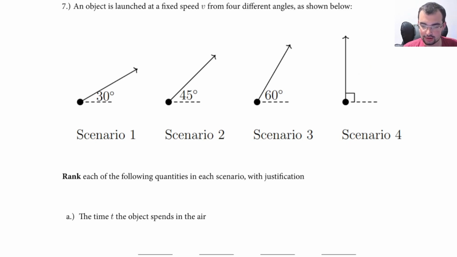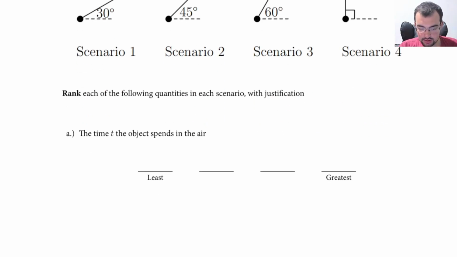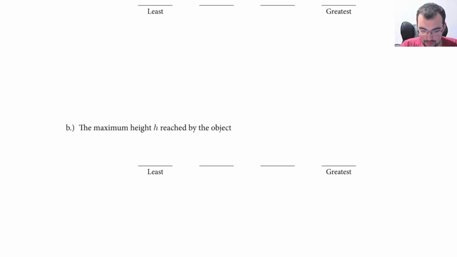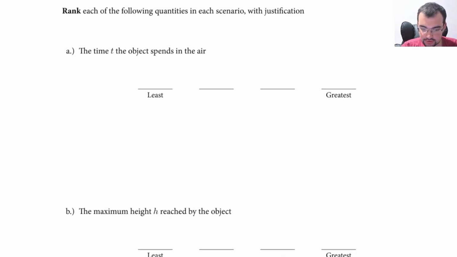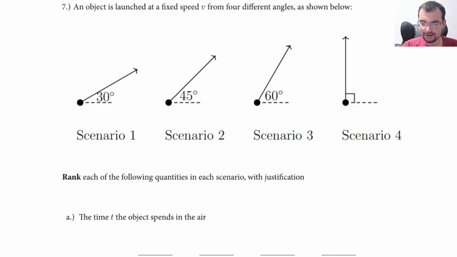Object is fired at all of these angles. The launch velocity is the same. We're just determining where to distribute it. So do I want it 30, 45, 60, or 90? So we're going to rank airtime, H max, horizontal range, and then we got something else. So we already said that